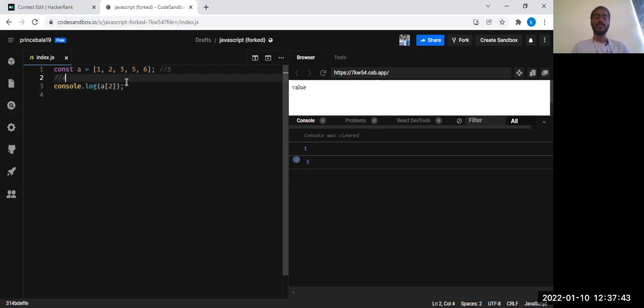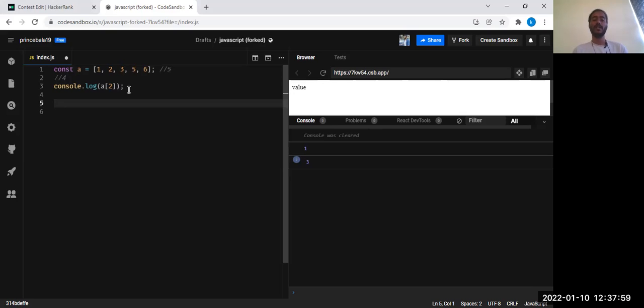Now I'm going to explain how to iterate through each element in the array. You have learned how to declare the array and how to fetch a value from the array. But now you also should learn how to manipulate and iterate through the array.